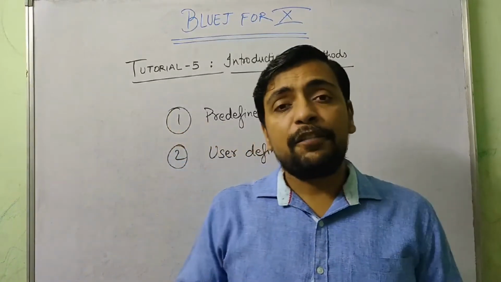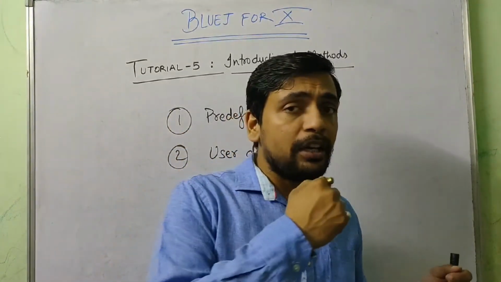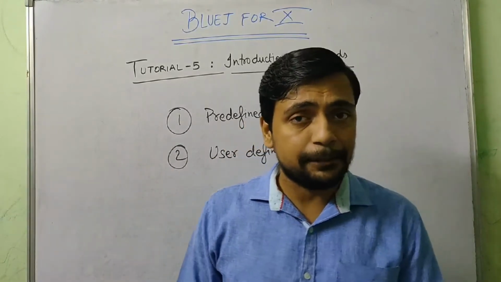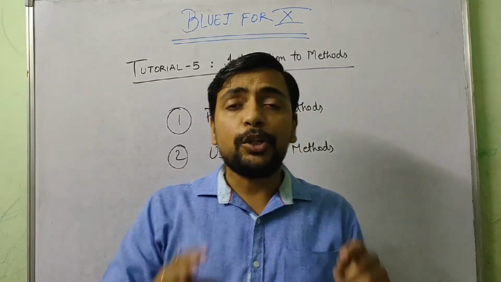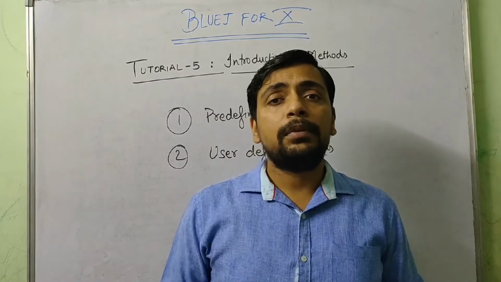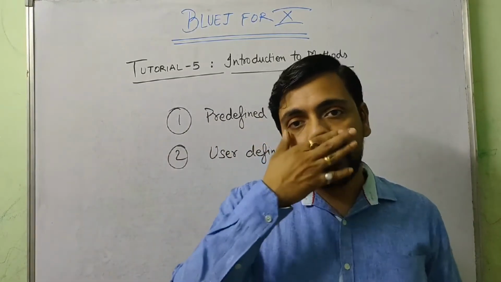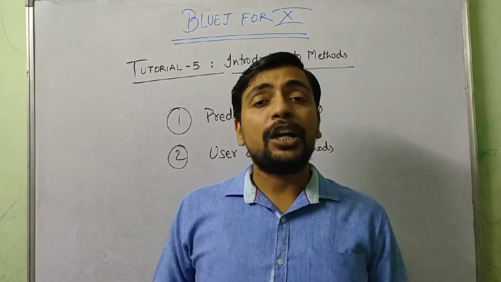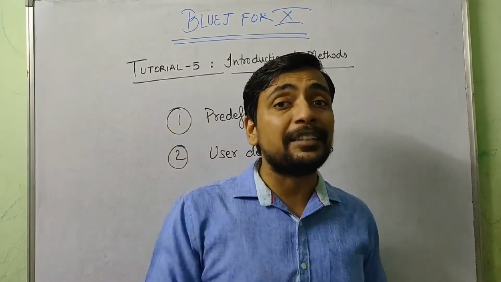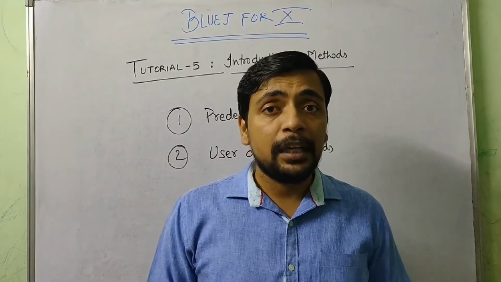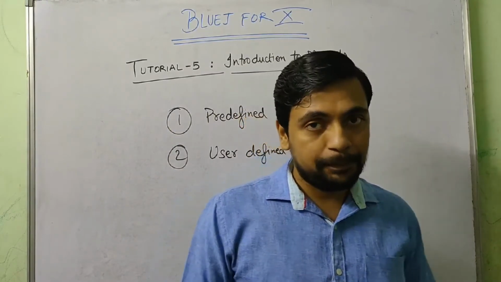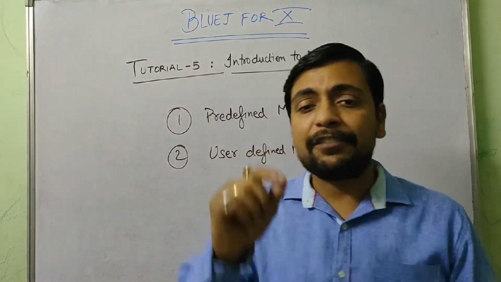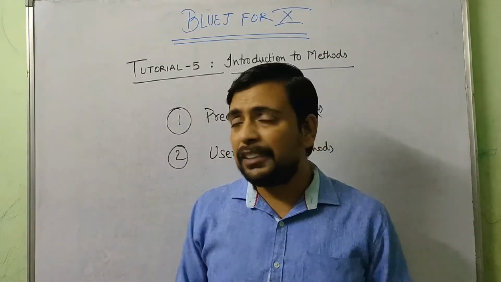Now let's see, if we are calling the sqrt or cbrt method, do you remember how many parameters you pass to it? In sqrt and cbrt, you are passing only one parameter. Now imagine if I am passing two parameters to them, what will happen? It will show some error, right? You got that? And why it will show an error, we are going to understand within a few minutes.